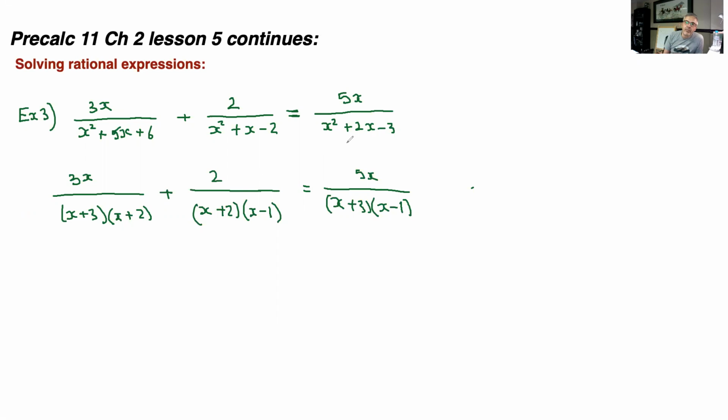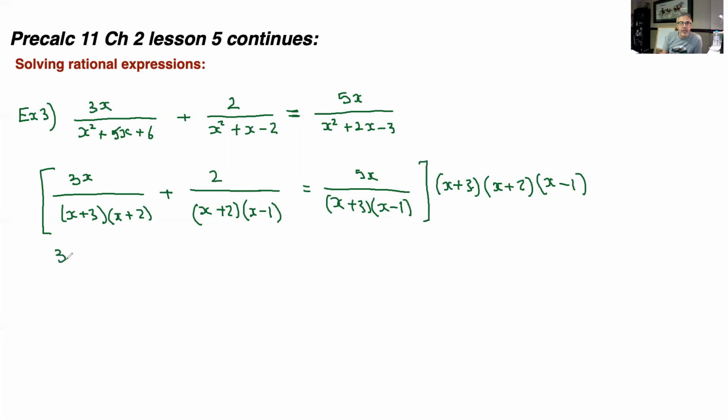Now again, as I mentioned in the previous lesson, I always like to get rid of the fractions right away. So I multiply everything by the lowest common denominator. And here it is going to be x plus 3, x plus 2, and x minus 1. So again, you compare this with this here, and I know the x plus 2 and the x plus 3 will cancel because you're multiplying this to the top, and you'll be left with x minus